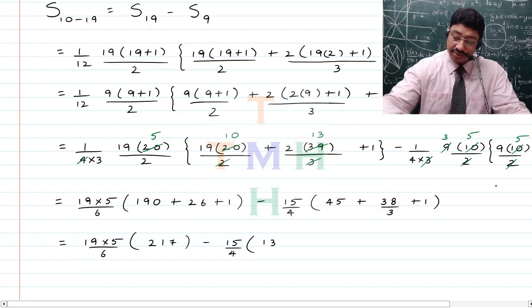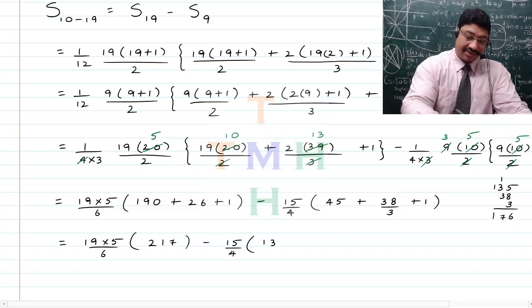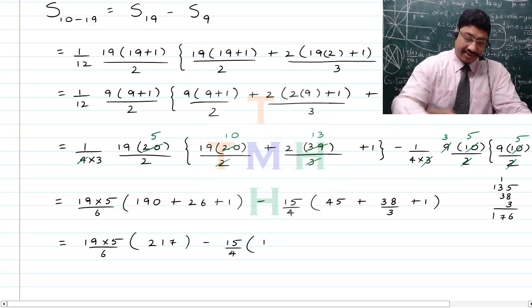To which is going to be added 38, and is to be added 3 more. So 5 and 3 is 8, 8 and 8 is 16, 1 remainder, 3 and 3 is 6 and 1 is 7, so you have 176, right? So as such here we have 176,